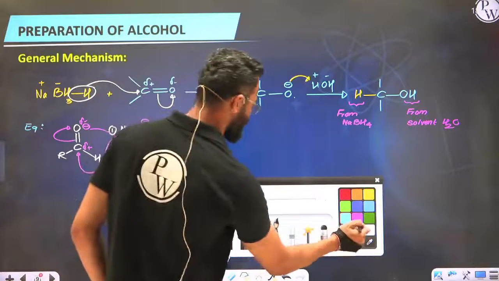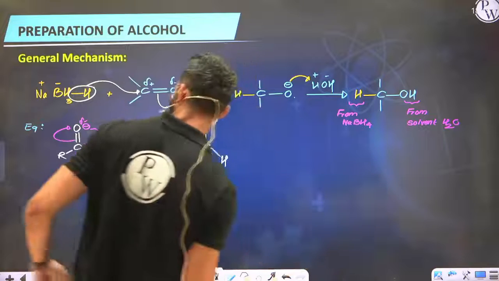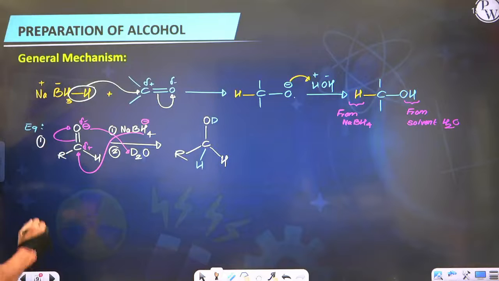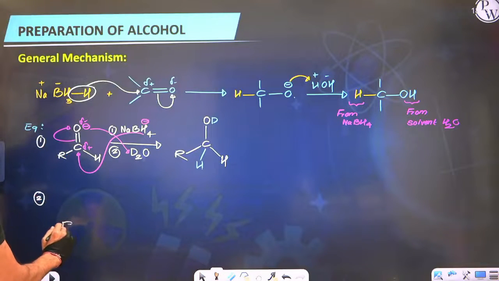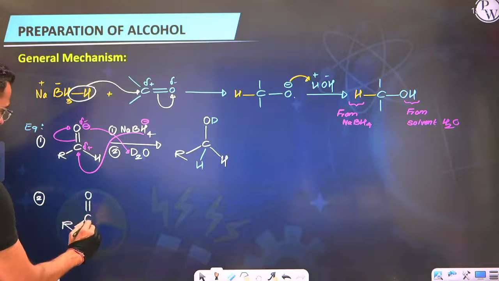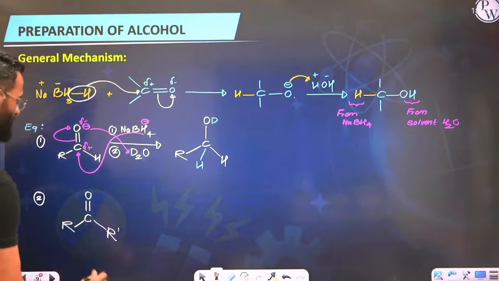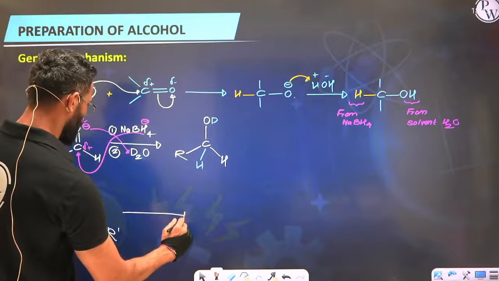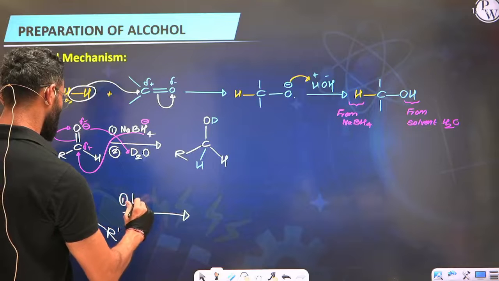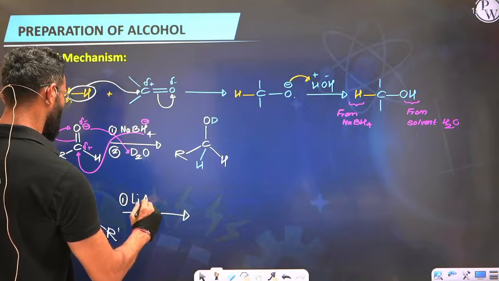Let me take one more example for better understanding. That was example number 1. I'm taking one more example, number 2. Let's say we have got a ketone this time, R, C double bond O and R dash, which is treated with, let's say now we have got LiAlD4,